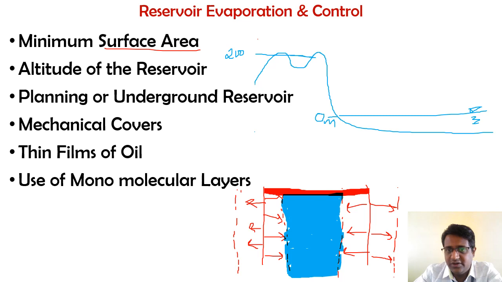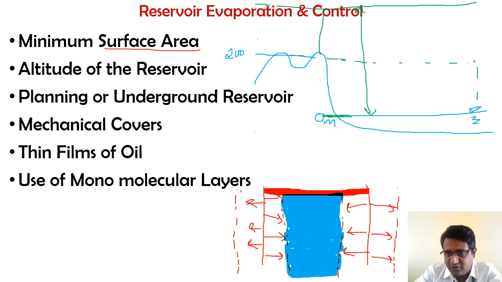So this 200 meter of atmosphere, see here, this additional weight, because imagine this is the end of our atmosphere. If I explain it this way, the dam constructed at 0 meter has the atmosphere for this entire depth. So this entire depth of atmosphere will put its weight downwards onto that water mass, and because of that the amount of evaporation that is going to take place will be less, because the downward pressure will be more over here.